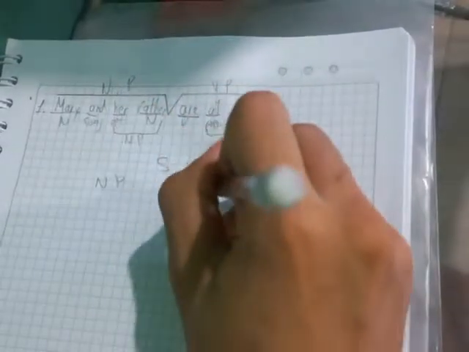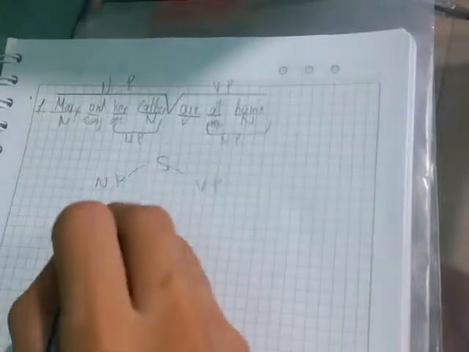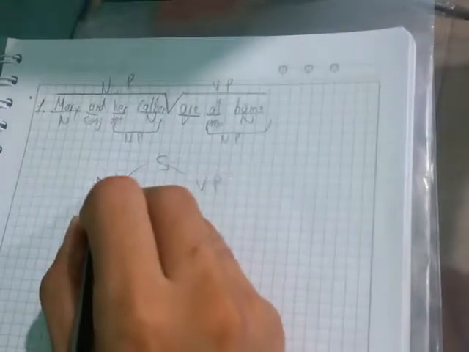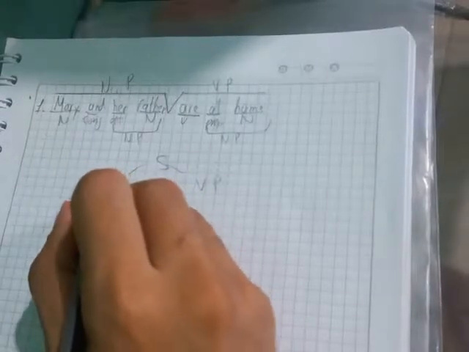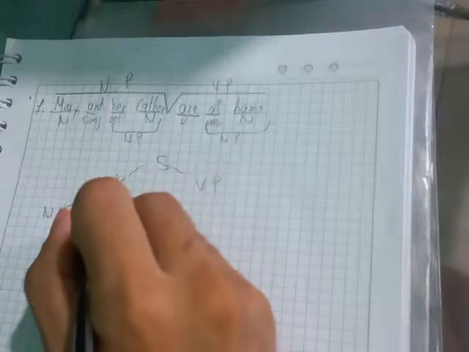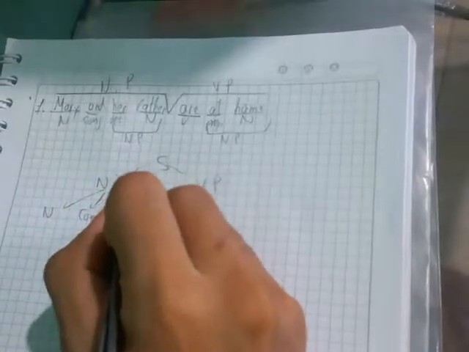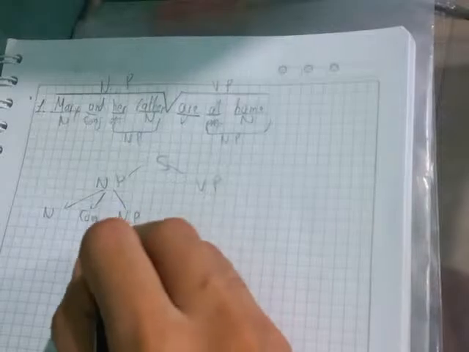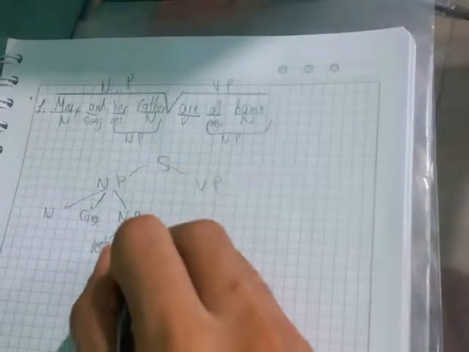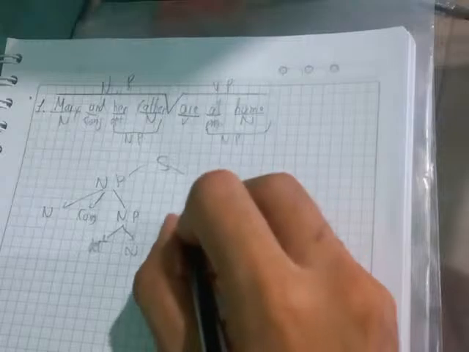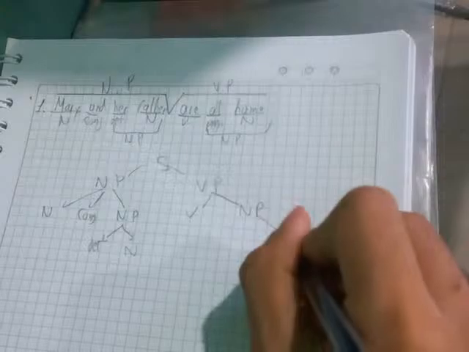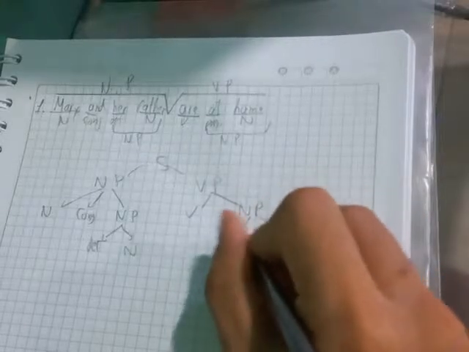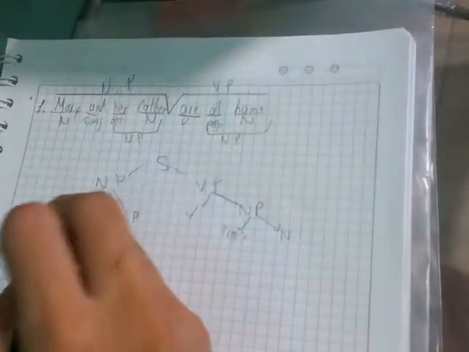Let's diagram the sentence in the noun phrase and the verb phrase. We connect the two ideas. Let's begin with the noun, the conjunction, and another noun phrase. This noun phrase has a determiner and a noun. In the verb phrase, we have the verb, obviously, and the noun phrase. And in this noun phrase, we've got a preposition and a noun. And then let's write the sentence.